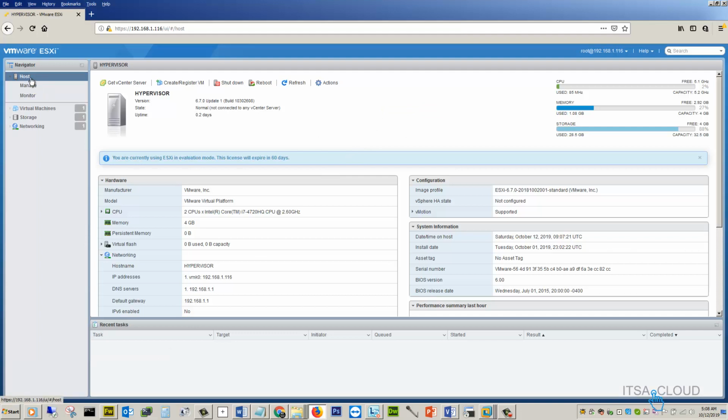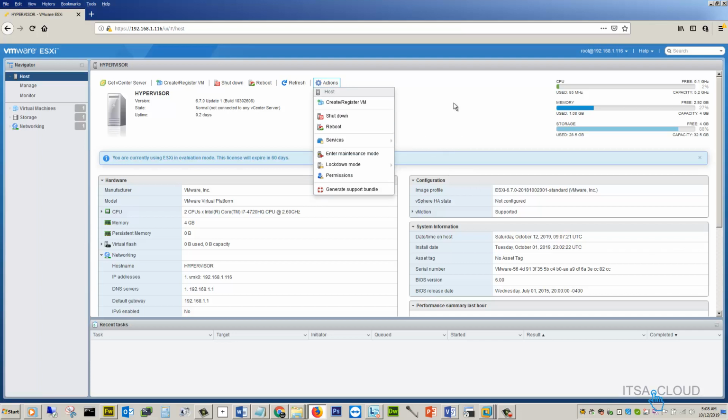Okay, it's already there, and you can see that you have the option to get the vCenter server. You have the option to create or register VMs. You have the option to shut down the host, reboot it, refresh, and you have more options in this list.